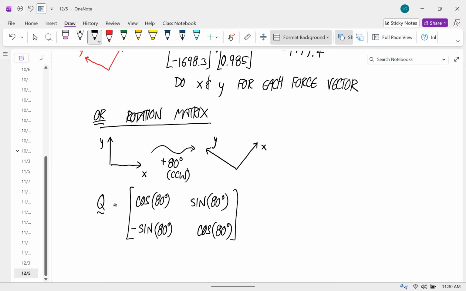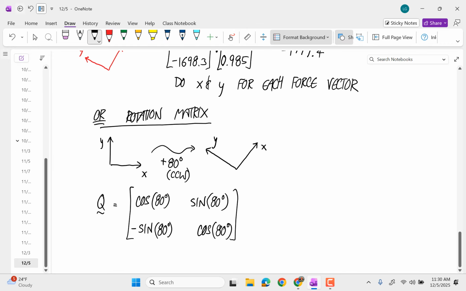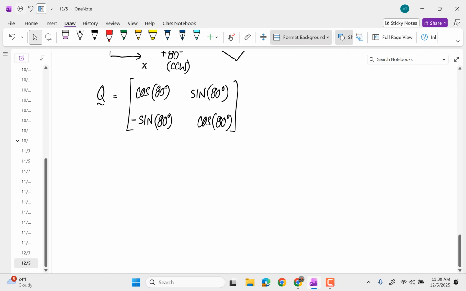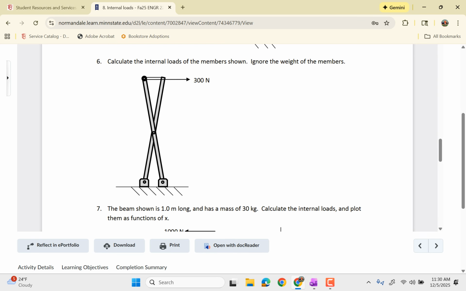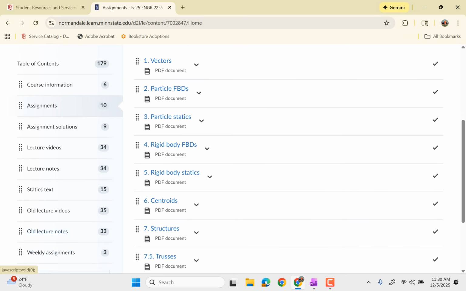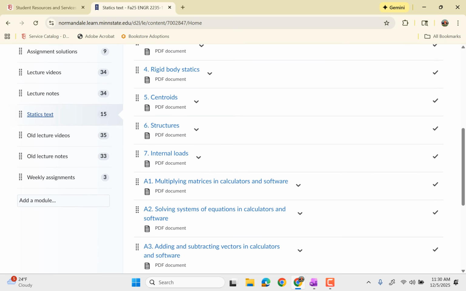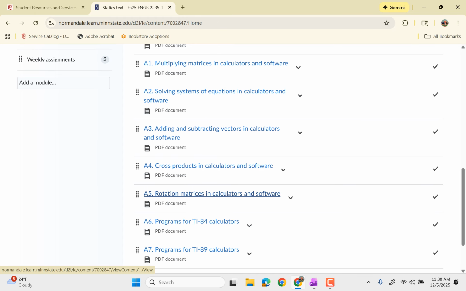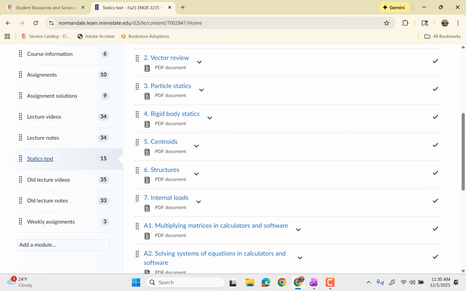Wikipedia says the negative is on the other one. Let me think. So we're trying to go, let me not think, let me just look. It might be different if we're rotating counterclockwise or clockwise. Oh, you Googled it. Okay. So yes, that is something,